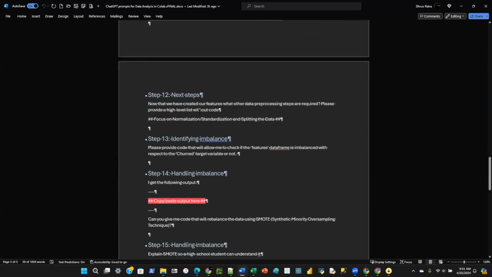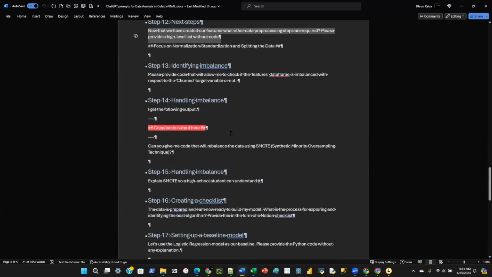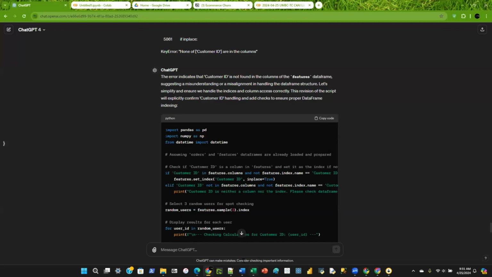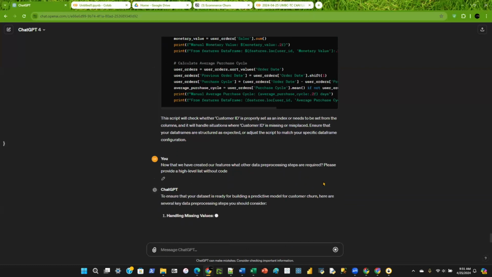I'm going to go and say, okay, now that I'll skip over the handling of imbalancing, but I'll just say now that I've created our features, what other data pre-processing steps are required?